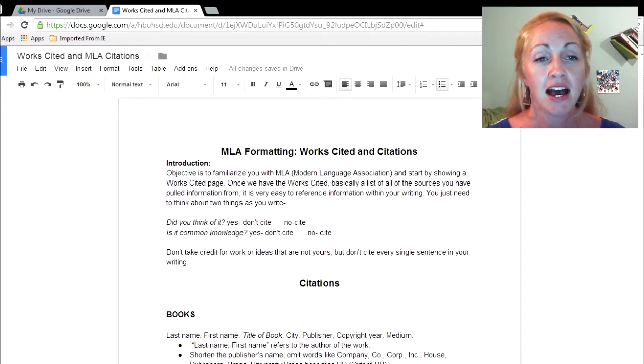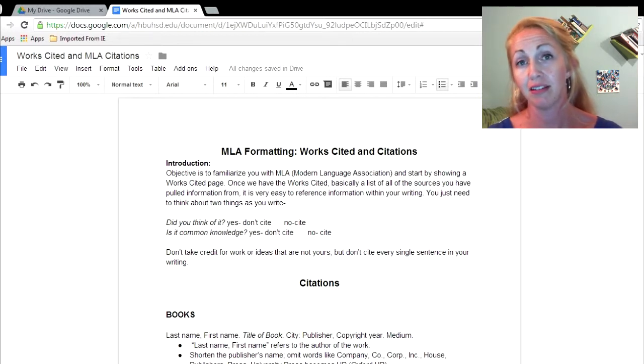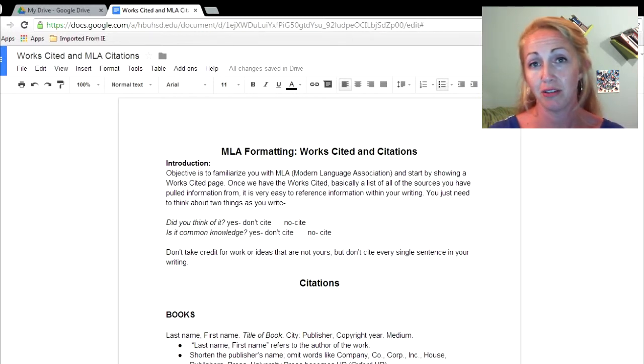The objective is that you will be able to write a correct works cited page. I like to start there because then it makes it a lot easier to understand how to cite your sources within your essay. So remember, the works cited is just a list of all the sources you've used, and you